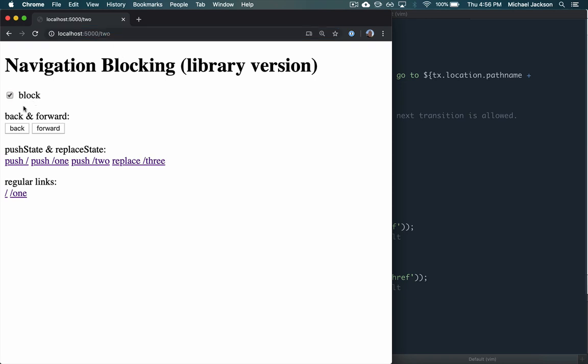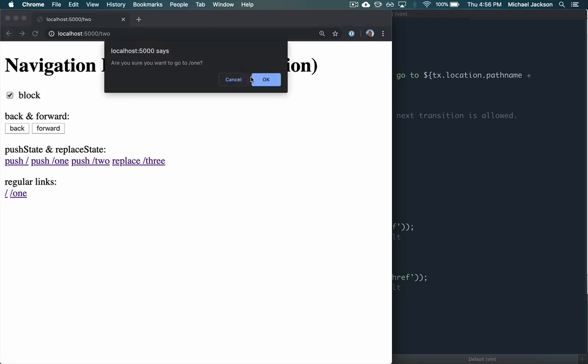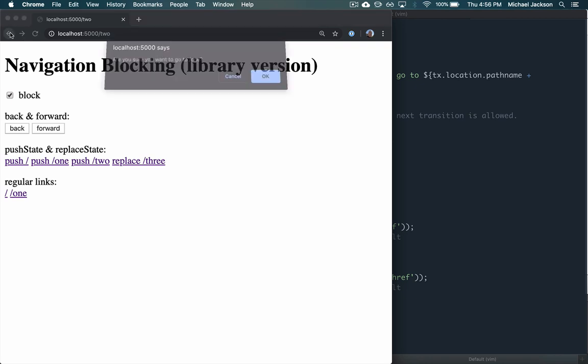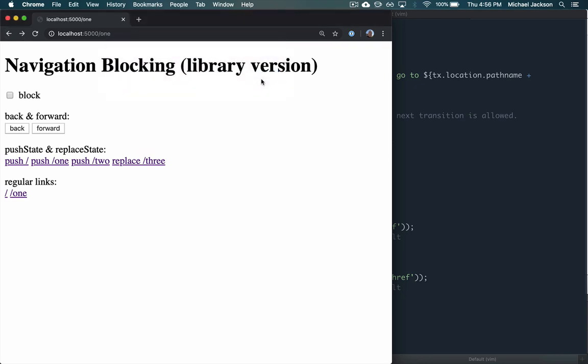Okay, so we can block again. These back and forward buttons do the exact same thing as the browser's Chrome, so I can hit back. Are you sure you want to go to 1? We can say cancel, or we can say, yeah, okay, let's do it. Same thing works for